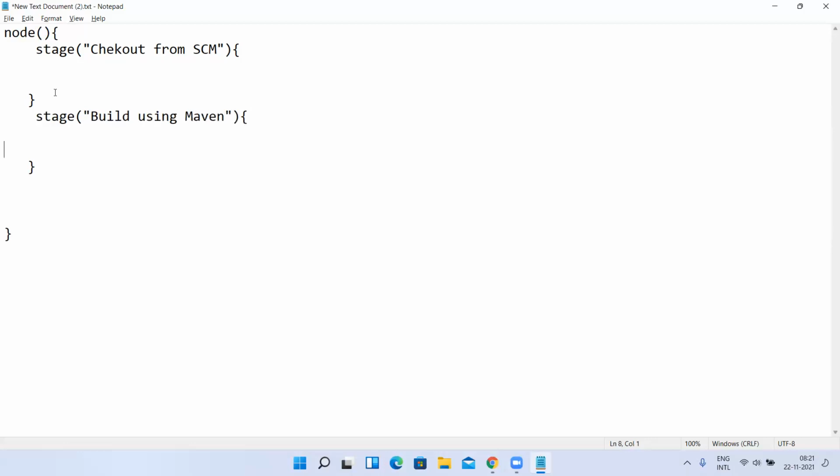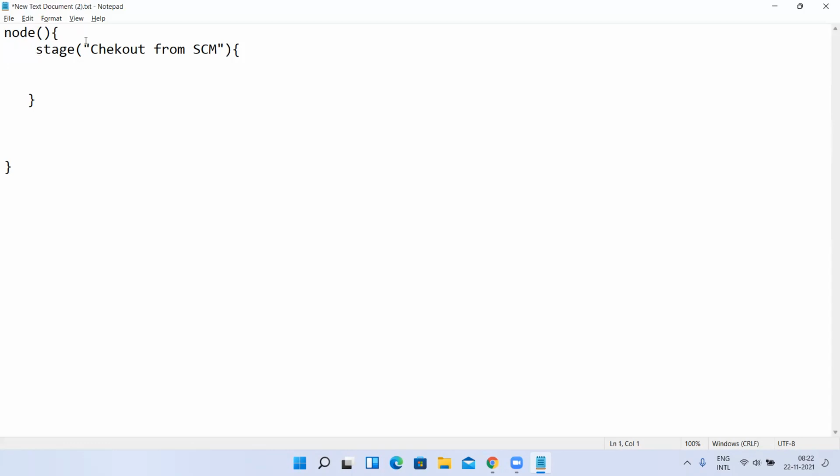Now you may get the question, sir, why should I write multiple stages? Why can't I write the code from GitHub here in one stage itself? Get the code from GitHub, run Maven, and all. Yeah, you can write, nothing wrong with that. But you have to split the functionality, so it will be easy to maintain. How, right? We'll discuss later. Just we are in the basics.